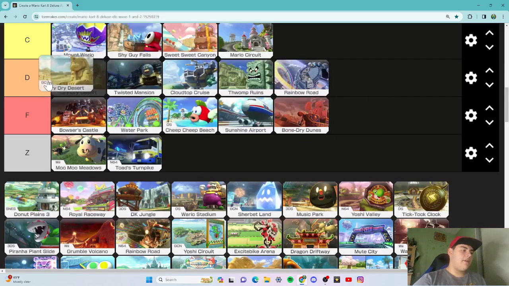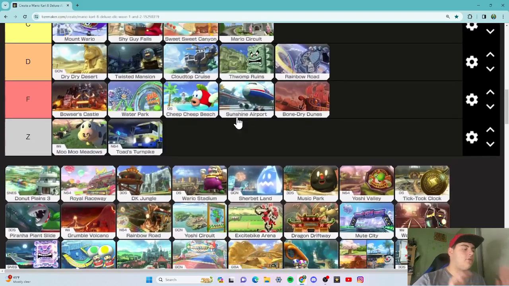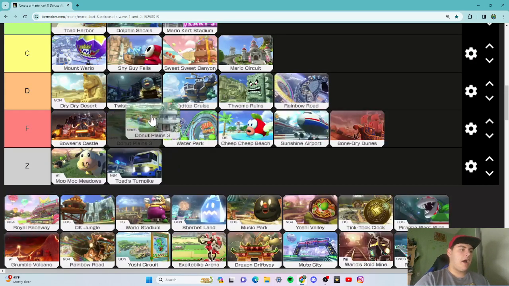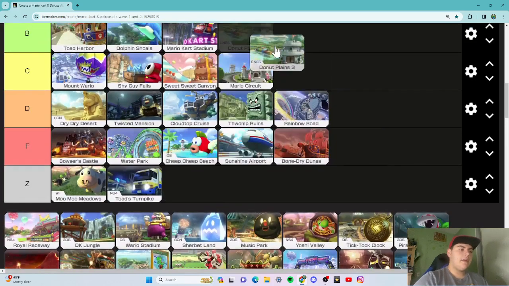Honestly, I would rather play it over Twisted Invasion, but it's still all the way down to D tier. Ooh, Donut Plains 3. I used to like this one a lot more. I kind of like it a lot less now, but I still really like it. I'm going to put it at the bottom of B tier, because I still like it, and I still think